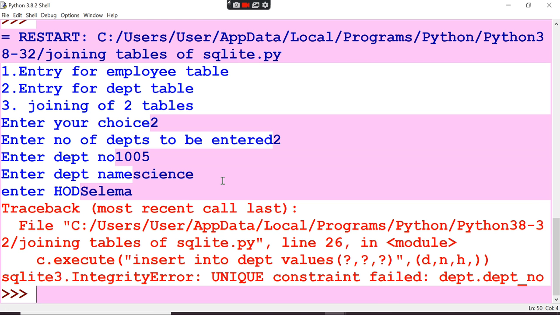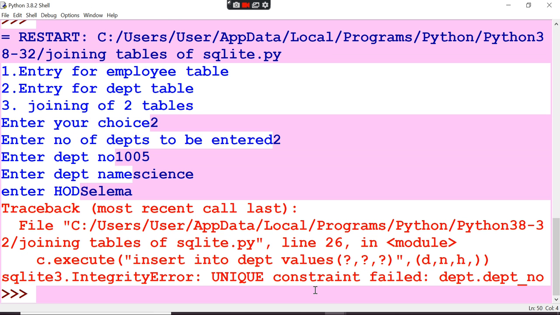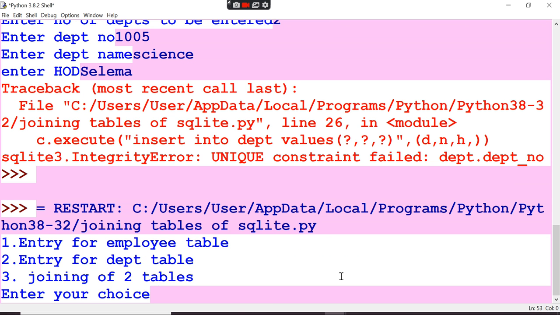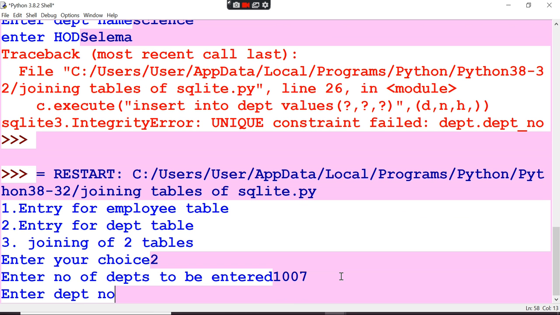Okay, department number already existed, so it shows there, so you should not enter the same number again. Now just press F5. Now you give 2, don't enter 1005, another number, I can enter 7 or 8.